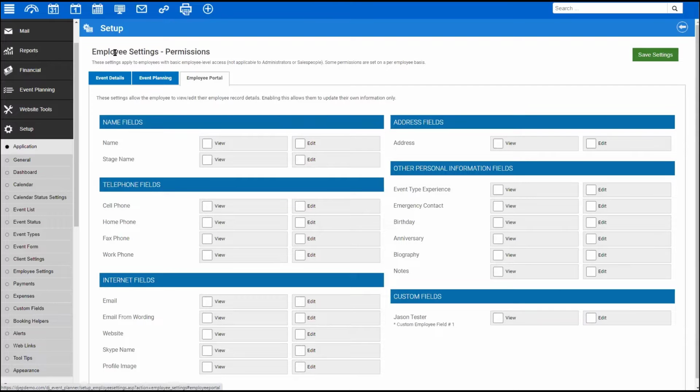The last setting underneath permissions is the employee portal. Basically, what can they see in their employee portal regarding their information? Can they view their name, their stage name, their contact info? Can they edit that information? That can be helpful if you have a lot of employees that may be updating things. So these are all things that you can decide whether they can see or not see inside the